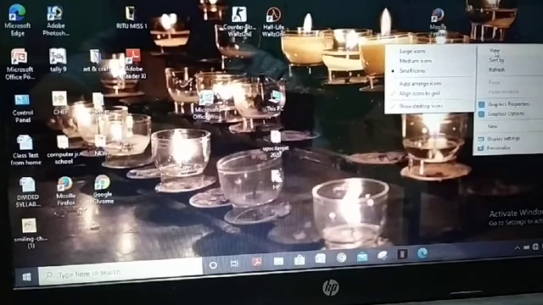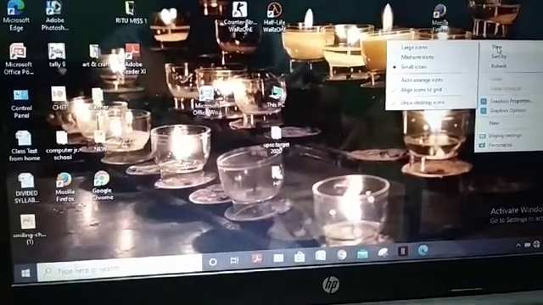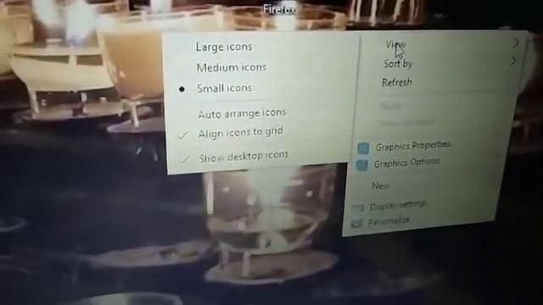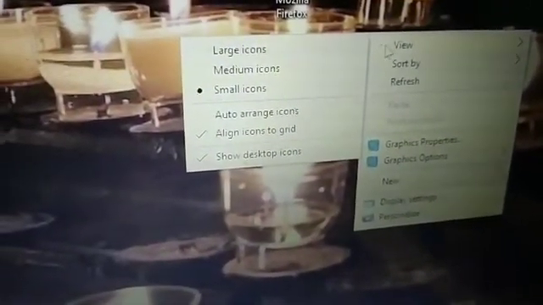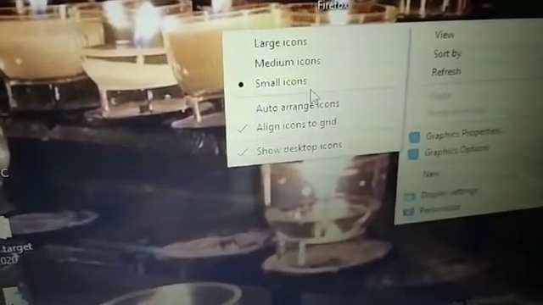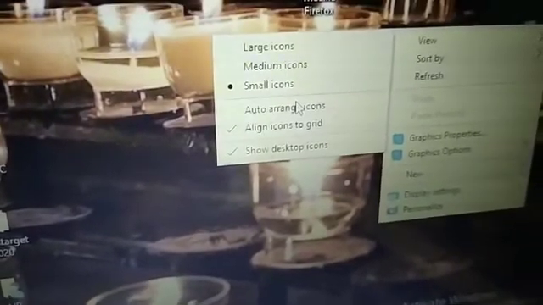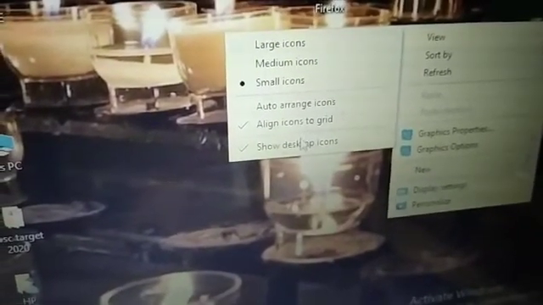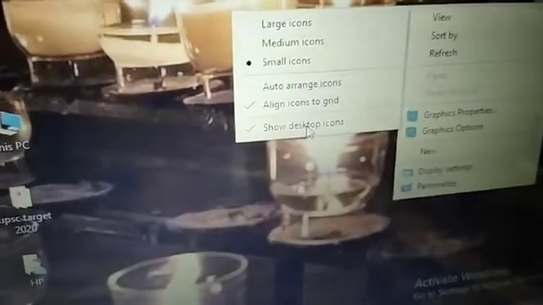Click on view. This is the view option. When you go to the view option, it shows you large icons, medium icons, and here is the last option, show desktop icons.